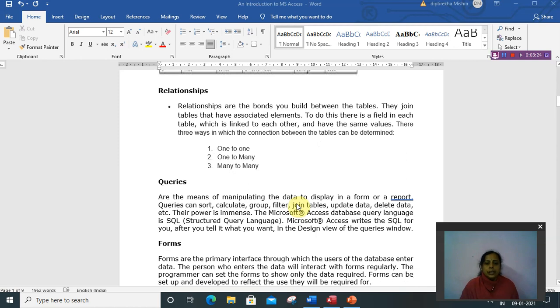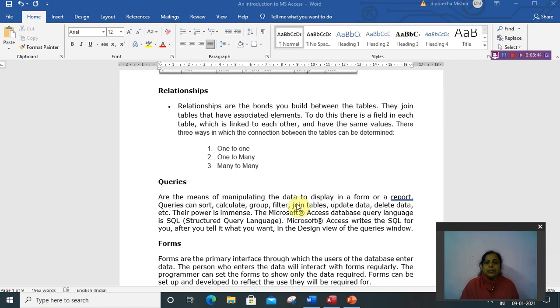Then the next component is query. Queries are the means of manipulating the data to display in a form or a report. Queries can sort, calculate, group, filter, join tables and can update and delete the data. The power is immense.